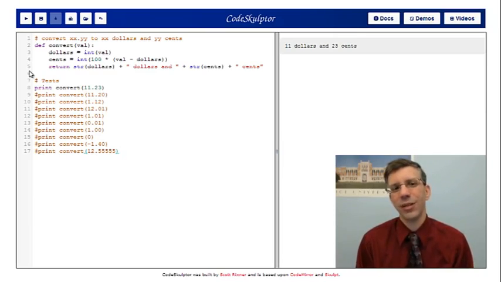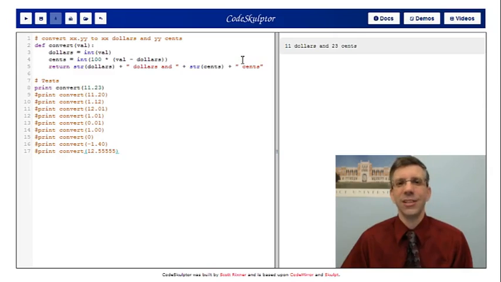Multiply it by 100 to give me 23 and take the integer portion in case it had more fractional digits. That gives me the cents. And then I use the str function and string addition to build up my string $11.23. Okay, great. Looks good. Now, a common error that beginning programmers make is they look at this and they say,